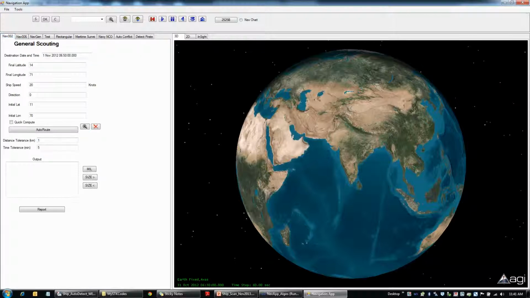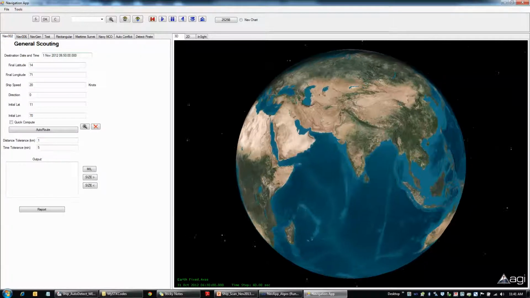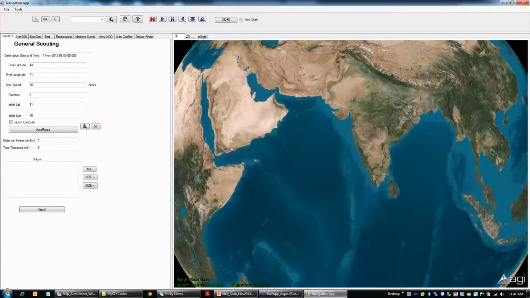The first one is general scouting. General scouting is basically there is a start point for a ship, and it is supposed to reach a final destination. If the ship is at some point today, at this particular time, the ship has to reach this latitude and this longitude, and the ship has to move in this direction, and this is the current lat long